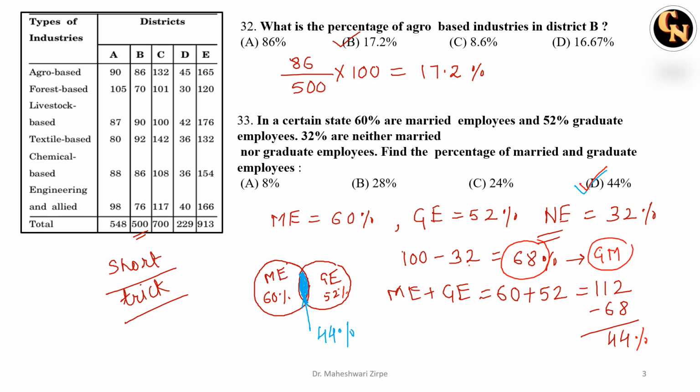So this way you can solve the numericals based on percentage, and at least one question is always asked based on the percentage. So let us